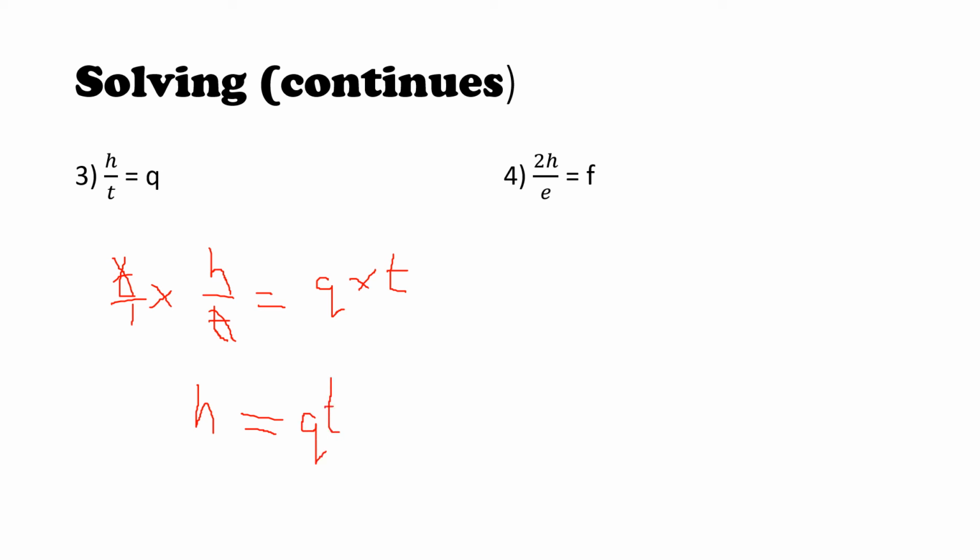qt. Nice name, right? I actually know a child by that name. qt. Or if you want to leave it as q times t, same thing. If you want to leave it as q dot t, so let's go. You could leave it as q times t. You could put it qt. If you want, if you have time, you could put q dot